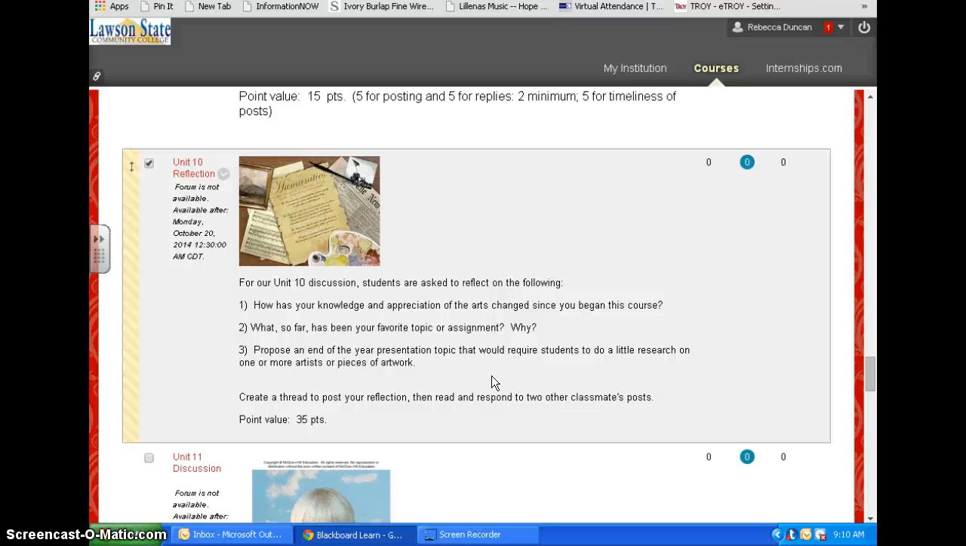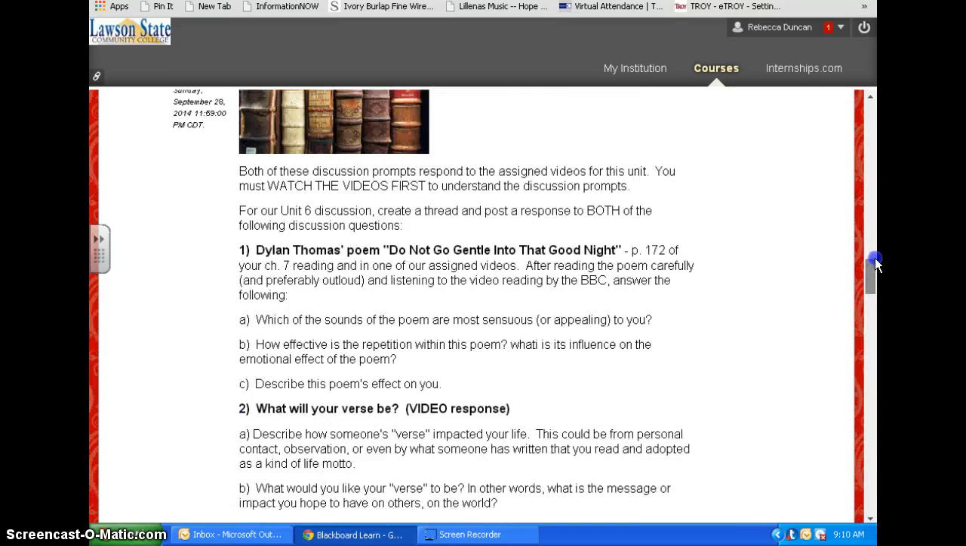Propose an end of the year presentation topic that would require students to do a little research on one or more artists or pieces of artwork. But keep in mind what kind of assignment I'm looking for that focuses on the value, not just a research project, but something that would show some value. So there's your chance to put out an idea there, and that'll have 35 points, basically 10 for each one. But I do want you 5 for the reading and responding. Okay, well that takes us through